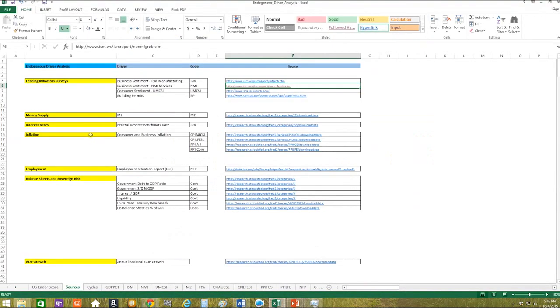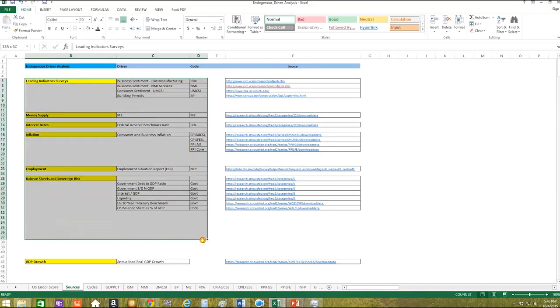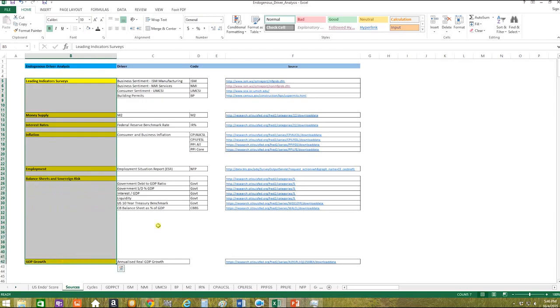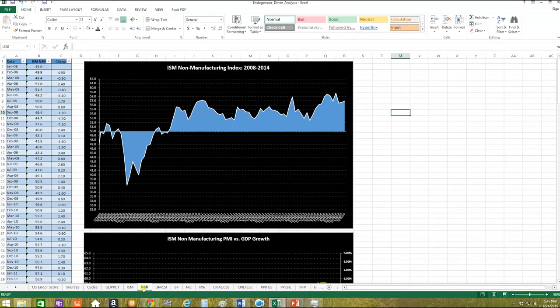So in your own time, have a look through the website, get hold of the data, and download it into the NMI tab. Also, just quickly to cover, we have all our drivers here as well. So all the endogenous drivers that we're going to be looking at as we go through the endogenous analysis. And in the NMI sheet, you'll see that we've got the date, we have the NMI level, and we have the monthly change in the non-manufacturing index,